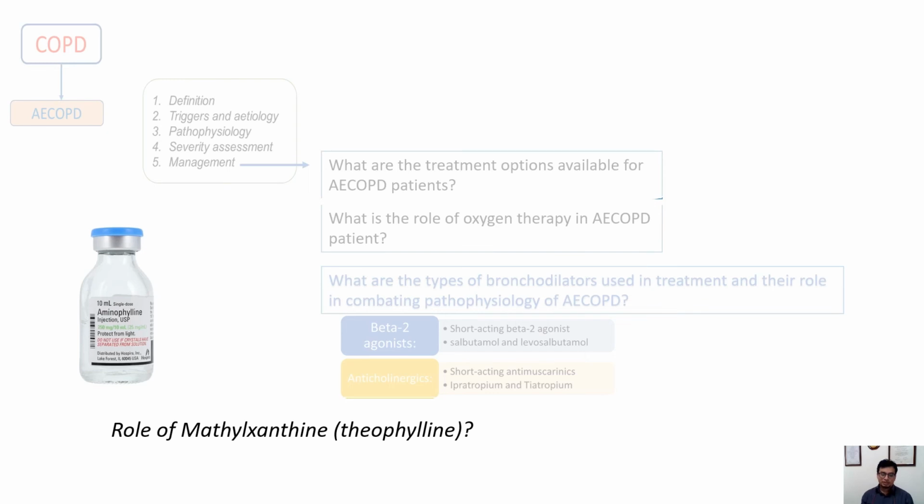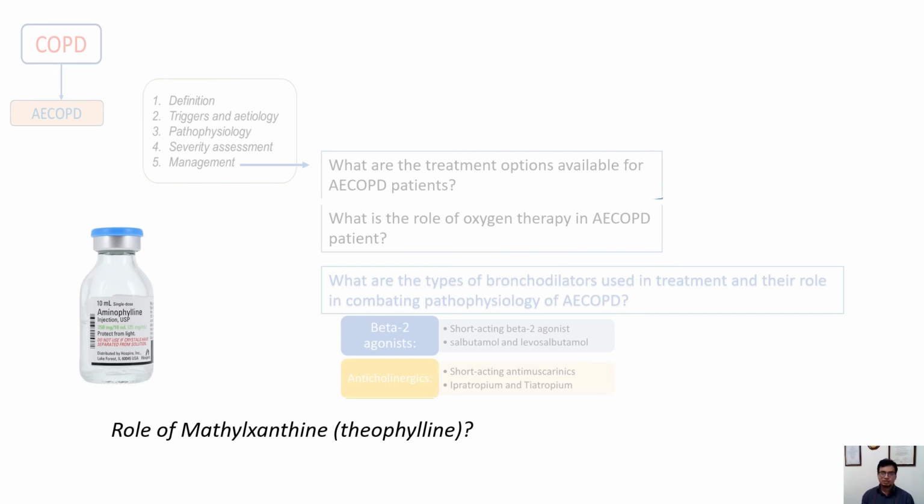But they are not recommended by current guidelines as a first-line bronchodilator, but can be used with caution as part of second-line drugs in patients who do not respond to the first-line beta-2 agonists or anti-muscarinics. Suppose we are not able to achieve bronchodilation for patients with COPD, then we can use methylxanthine. But always remember, they have significant side effects like seizures and cardiac arrhythmias, which are considered